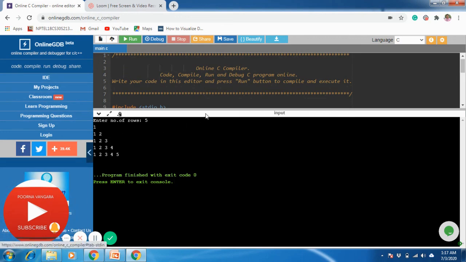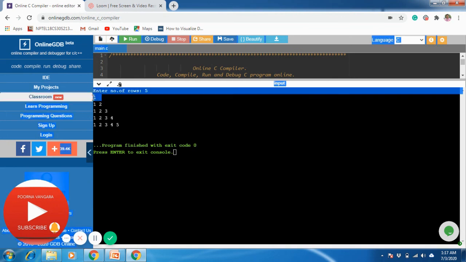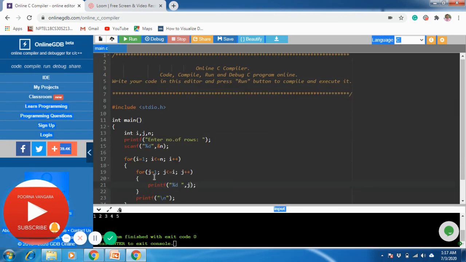Okay, so let me explain this. So now again, what we are printing? J. And what is J? J is the internal count. So when you are in first line, how many times is this J repeating? Only one time. So that means it started at 1 and it ended at 1 itself.